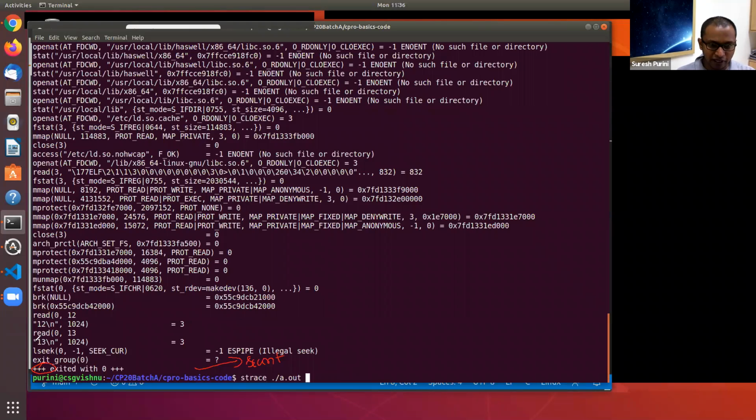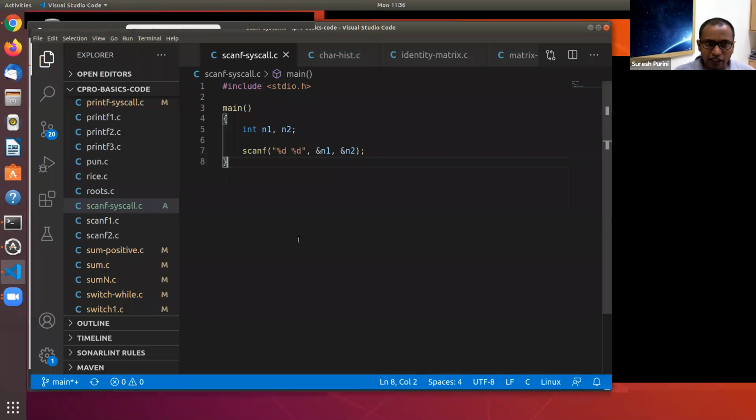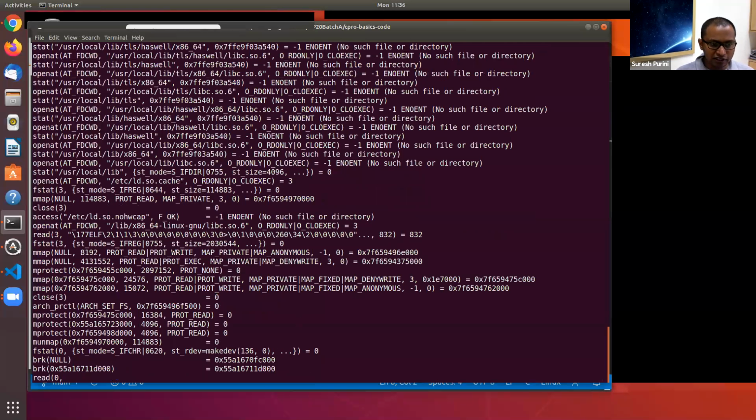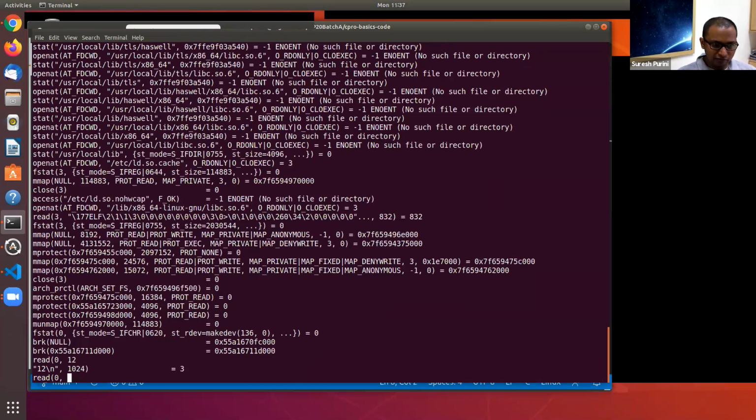Okay, let's go to the program again. The program scanf wants to read two integers, right? Scanf wants to read two integers. So what it does is, when we made a call to scanf, scanf made a read system call. And I pressed only 1, 2 and the enter key.